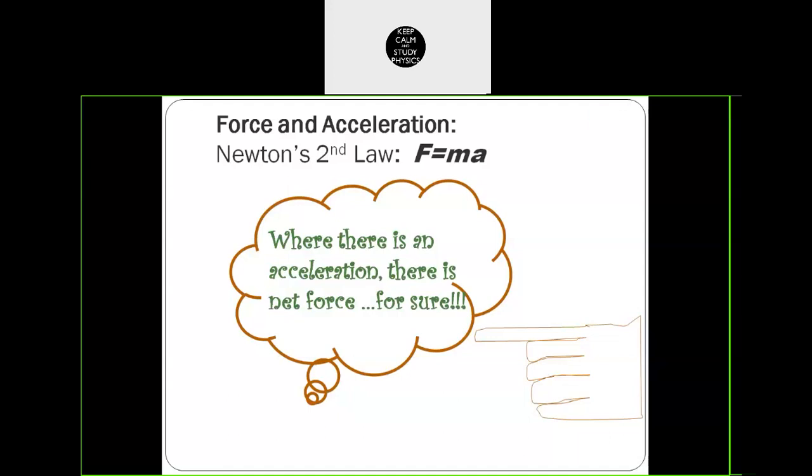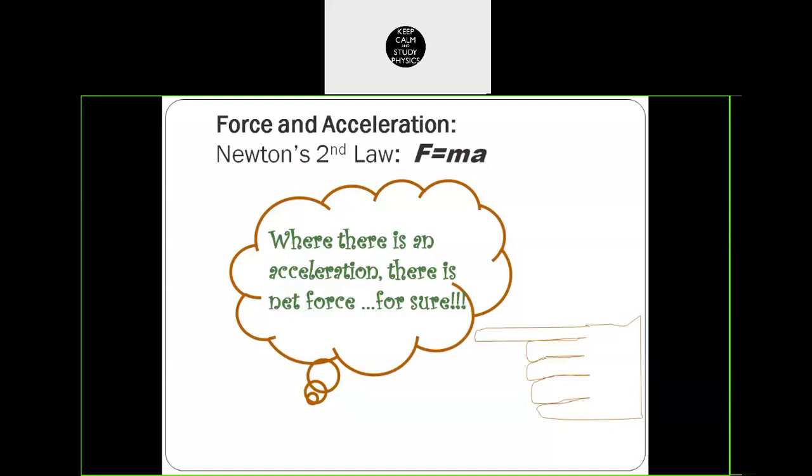Let me put the things like this. Suppose you have a brick. Simply apply force on the brick very hard. Initially, the brick was at rest. After applying sufficient force, the brick starts moving. It started from rest and it is moving. That means there is a change in velocity in the brick. When there is a change in velocity, we say that there is an acceleration. Yes, acceleration is there because change in velocity is there.